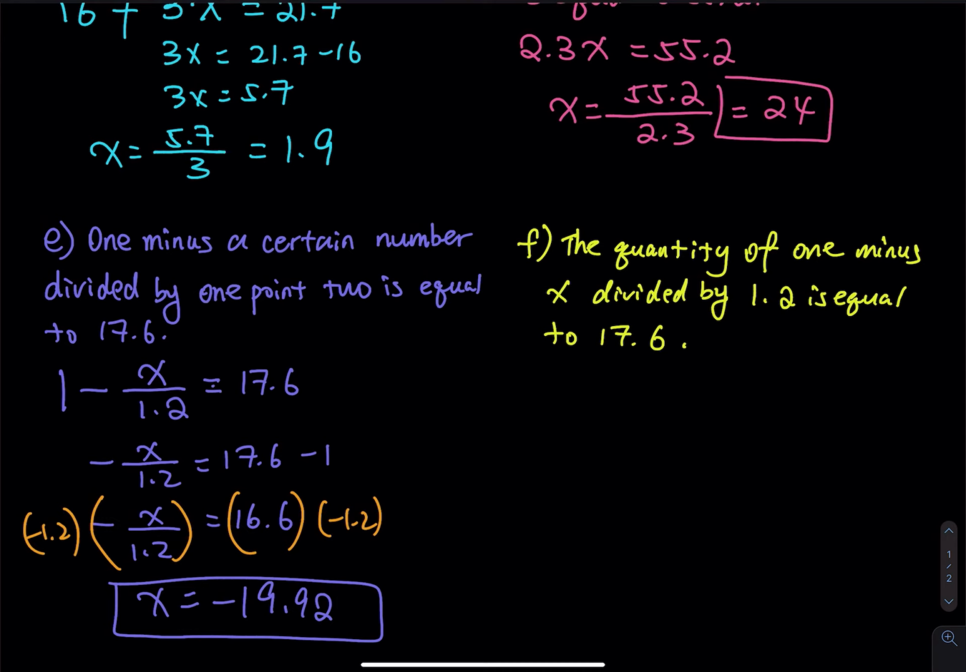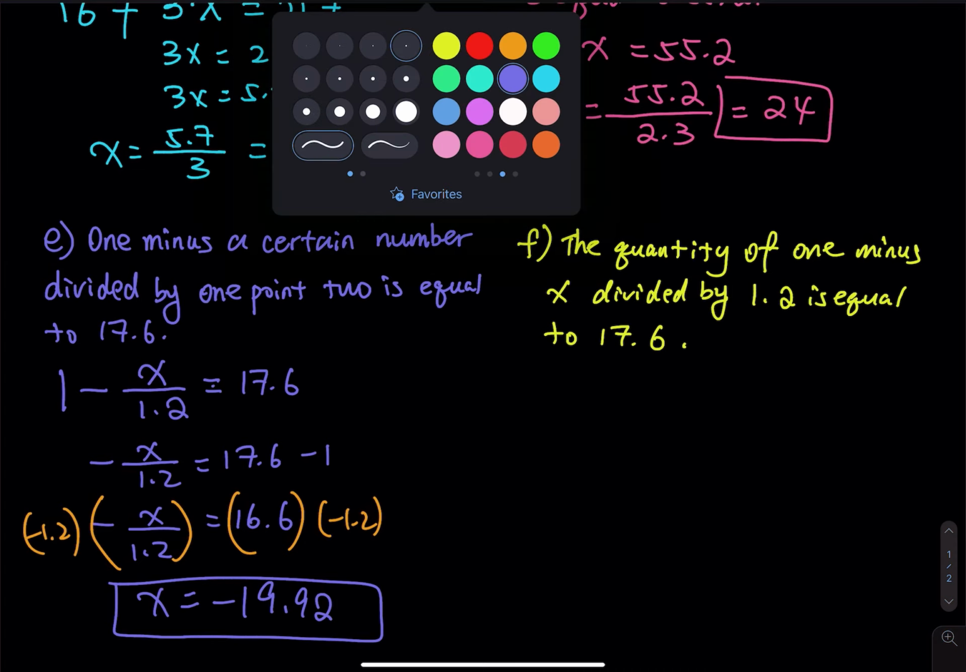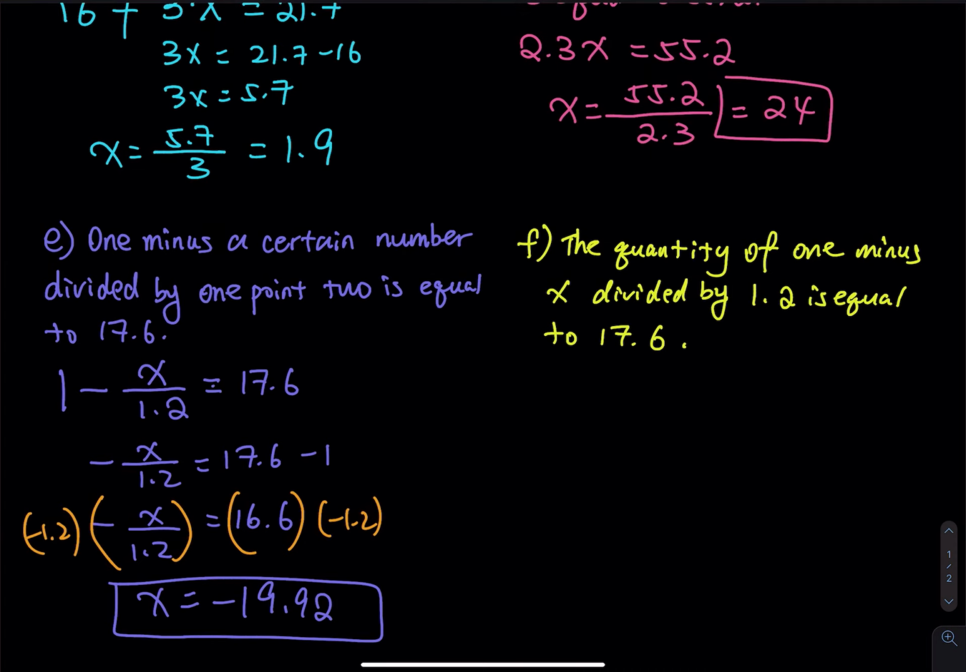All right, how about part F? The quantity of 1 minus x. What is the quantity of 1 minus x? Can you write it down for me? Just take a second, write it down for me. The quantity of 1 minus x. So when you use the quantity, that means you have 1 minus x, and then this entire quantity you divide by 1.2, that equals